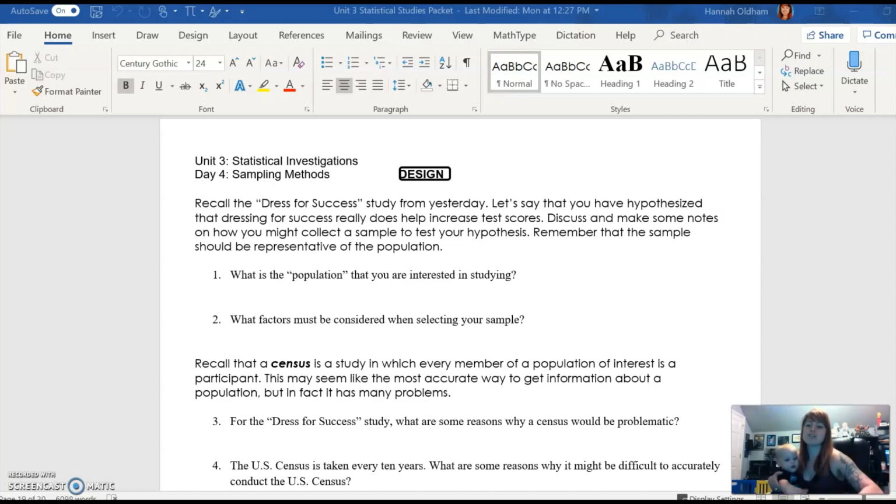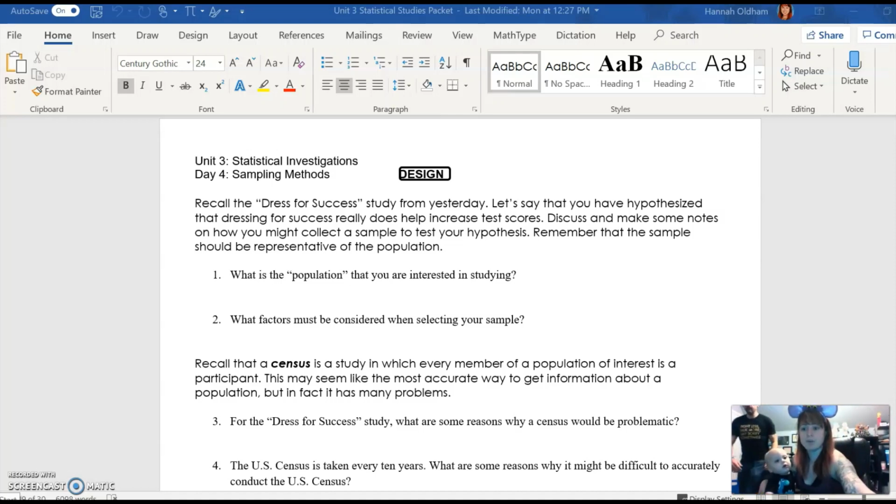So what factors do you need to consider when you select your sample? Students are absent. People are going to say joke answers. People are down in ISS, so I can't ask them. Some people might not remember the last time they took a test. And then field trips, or people on minimum day, just all these different things. Trying to actually get to every single person is almost impossible.